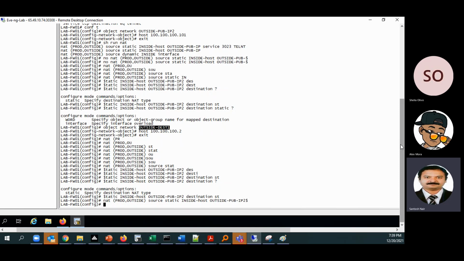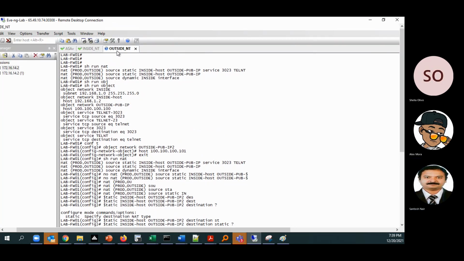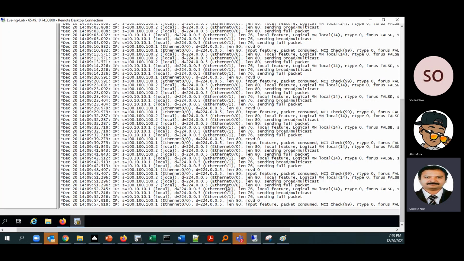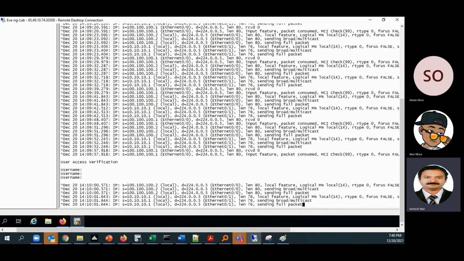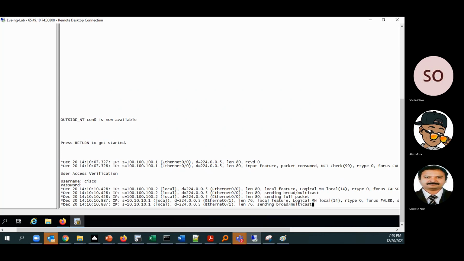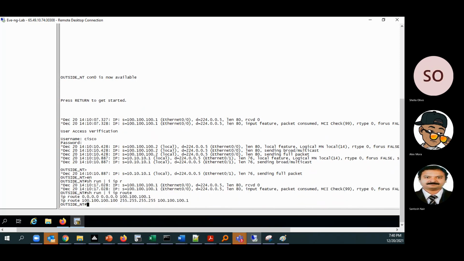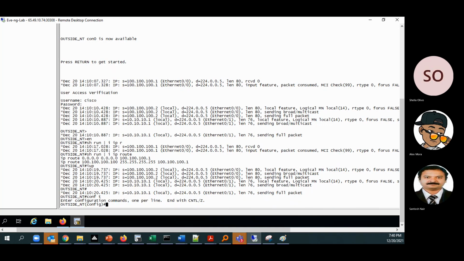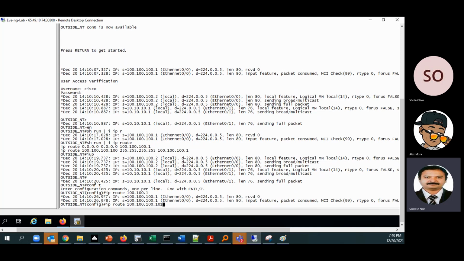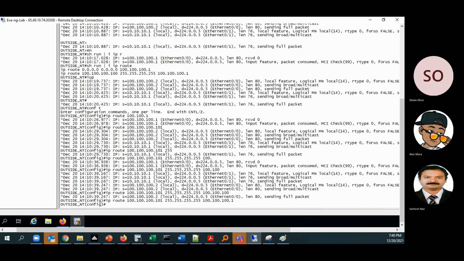One more thing I have to do is, we have used 100.100.100.101, so I have to give a static route here: 100.100.100.101 255.255.255.255, routed to the next hop IP address of the firewall, 100.100.100.